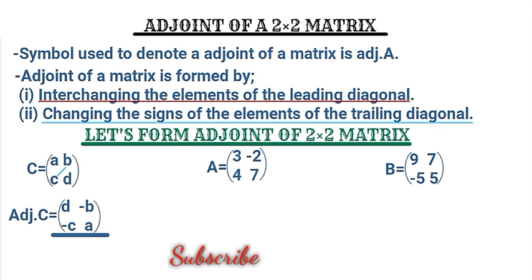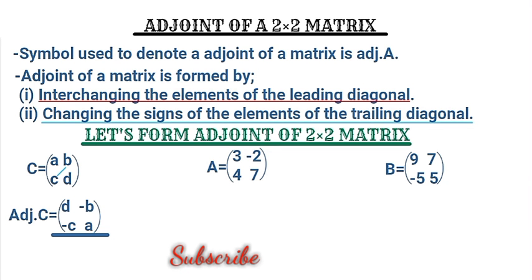So as you can see, D is now on top in the adjoint matrix, and the one which was on top in the given matrix, which is A, is now down. And then in the trailing diagonal, signs have been changed. Okay, now let's go to the second example, which is matrix A, where A is equal to 3,